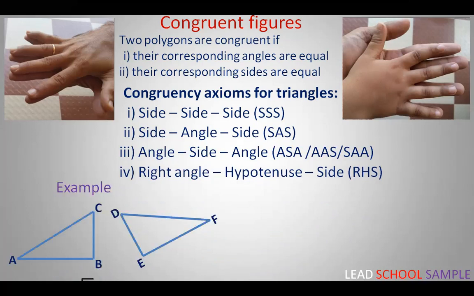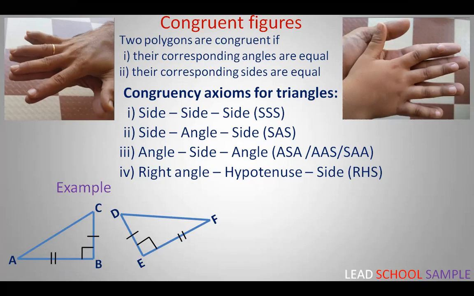Let us see one example and one non-example. We take two triangles ABC and DEF, both are right angle triangles in which B and E are 90 degrees. The sides CB and DE are equal, and the sides AB and EF are equal. Here maybe their orientation is different, but two sides and the included angle of one triangle are equal to the corresponding two sides and included angle of another triangle. Therefore, these two triangles are congruent.